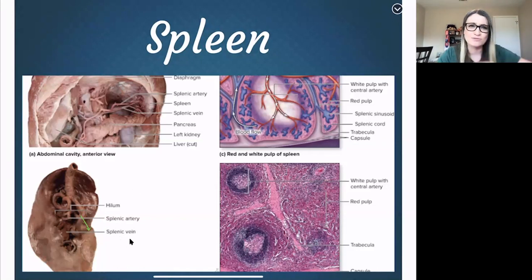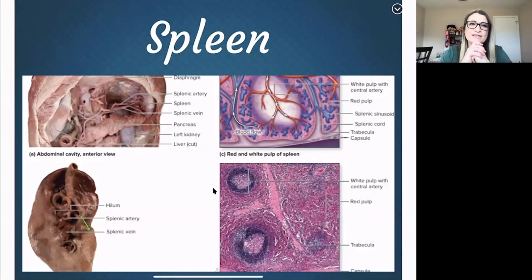So it's very small. And ultimately the central artery is going to empty into sinuses, or sinusoids actually. So you have the central artery. Central artery will branch into smaller arterioles,